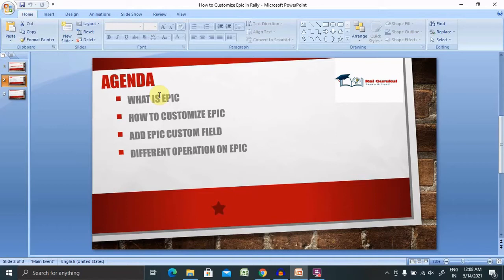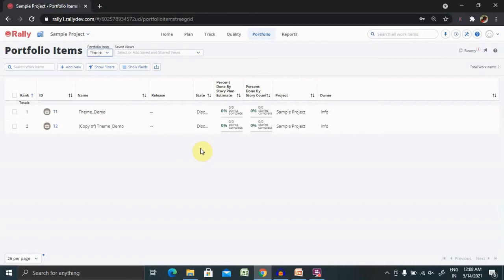Let's begin with a practical demo. So, first of all, what is an epic? Epic is a large body of work that can be broken down into a number of smaller stories, or sometimes called issues in Jira. Epics often encompass multiple teams on multiple projects and can even be tracked on multiple boards